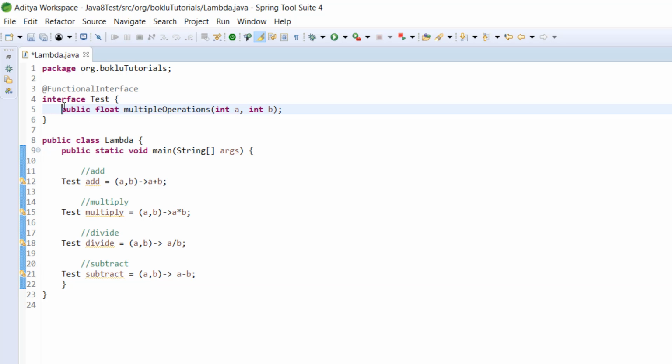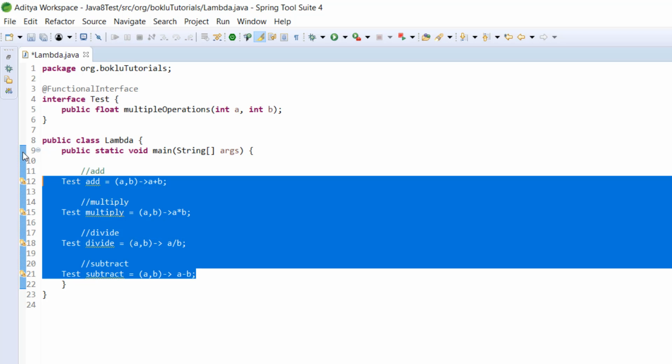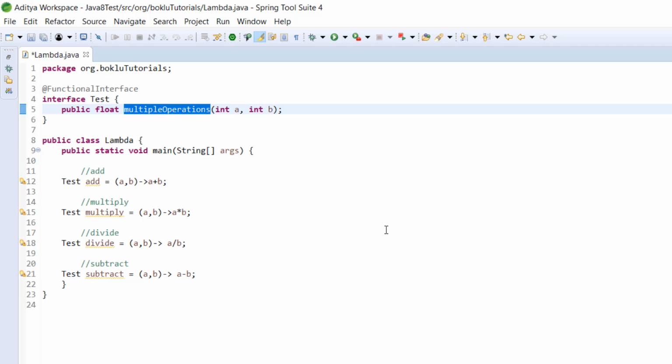So guys, we can see that we have taken only one interface, public float multipleOperation(int a, int b), and inside this public static void main we have taken 4 lambda expressions with that same interface, and only the reference name is different: add, multiply, divide, subtract, with different lambda expressions. We call all these lambda expressions with the help of only one abstract method, multipleOperations.